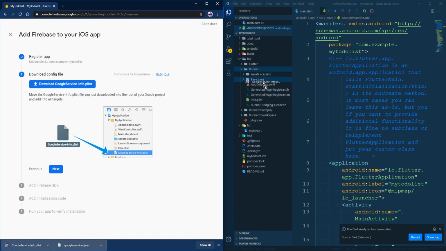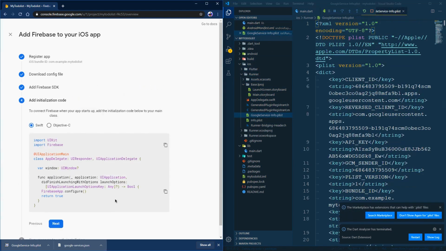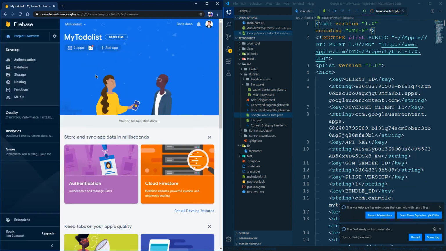So we bring to there, and just next again, and skip this step. Alright,